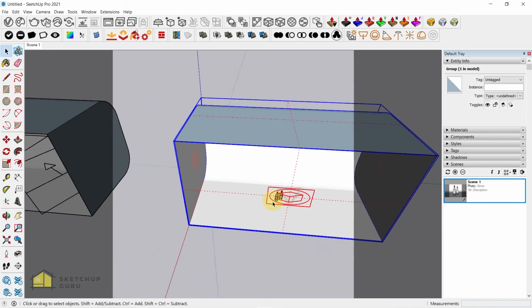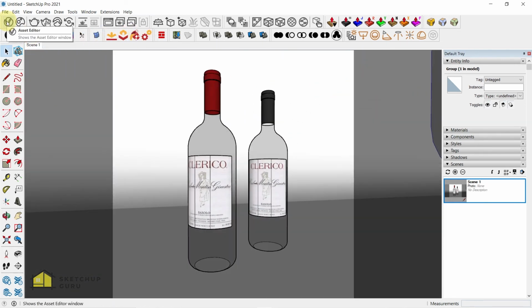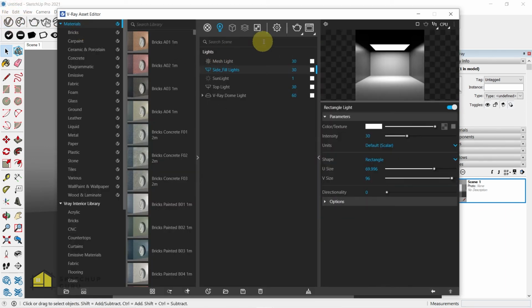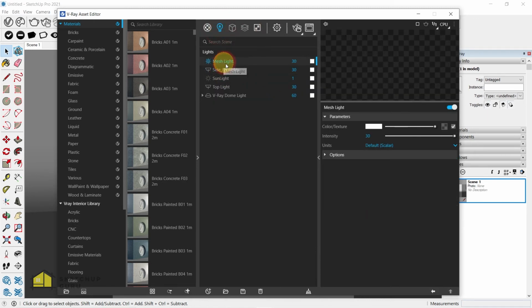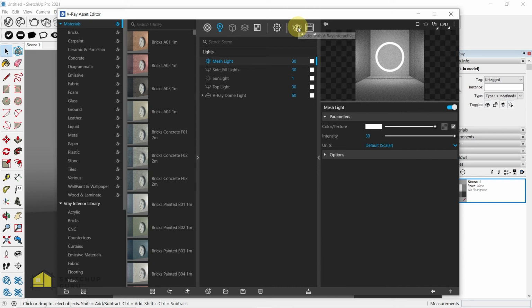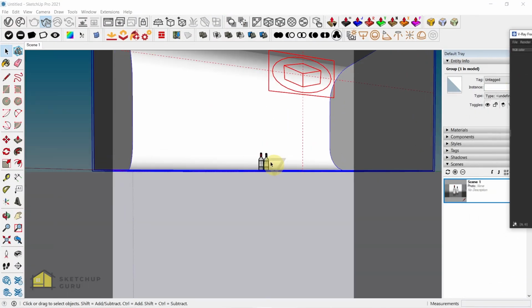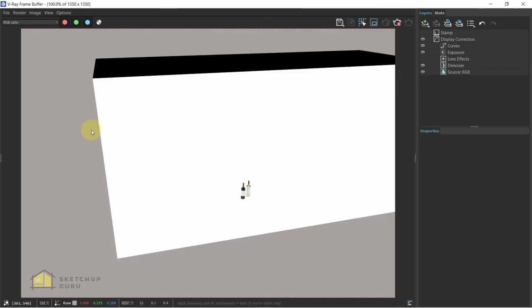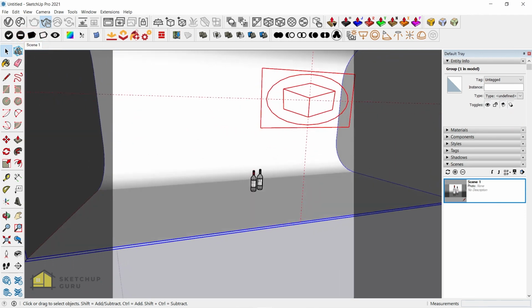And now let's check how it looks with just the mesh light. So I'm going to go back to my scene. I'm going to check my V-Ray settings again because I want to switch on interactive this time. So switch on interactive, use NVIDIA, and also go to lights and make sure your mesh light is on. So now click on render with V-Ray interactive. Now you can see we have a brighter white background because everything is emissive in our scene. If I just go to my SketchUp view and zoom out, you can see that the entire studio is lit. So I'm going to go back to scene 1.